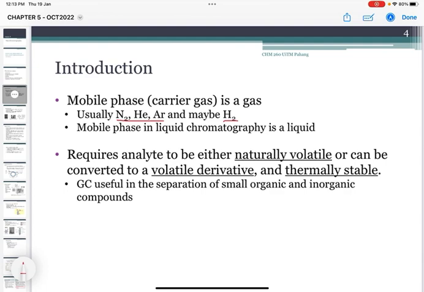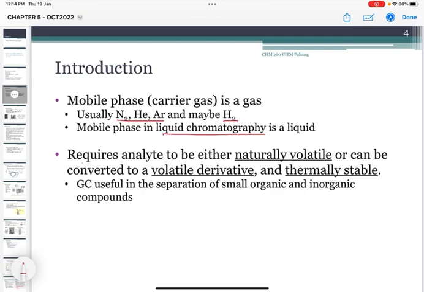Yeah, so the mobile phase in liquid chromatography is a liquid. So that's why in gas we use gas. That's why we call it gas chromatography. In liquid, we use liquid or solvent, so that's why we call it liquid chromatography. So mobile phase, the properties of mobile phase, yeah,